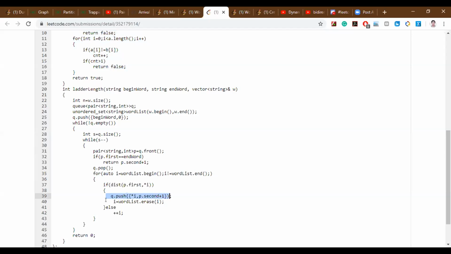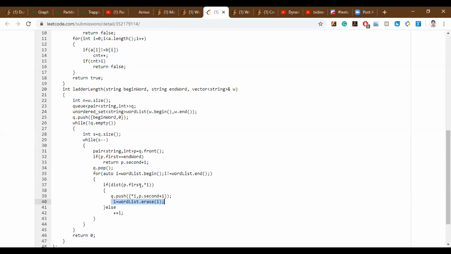Because the distance only checks for distance 1, right? Yes. So here you only put all the level 1 words, and then you erase everything. Oh, actually no, you erase all the level 1 words. Is that right? Yes, I'm removing that.